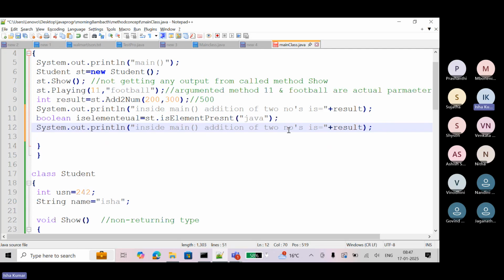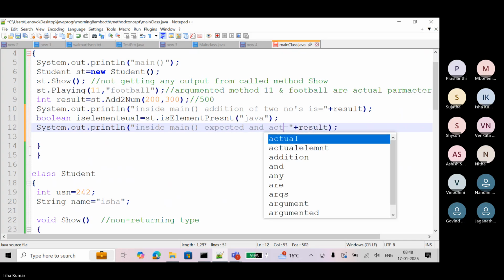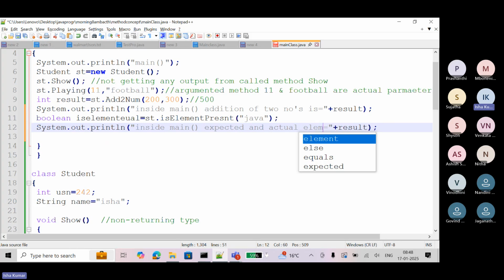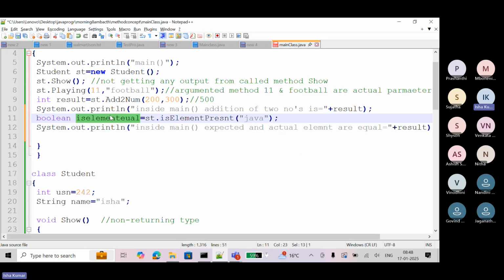Here inside main, element is present and equal, or you can write expected and actual element are equal to, just pass this.